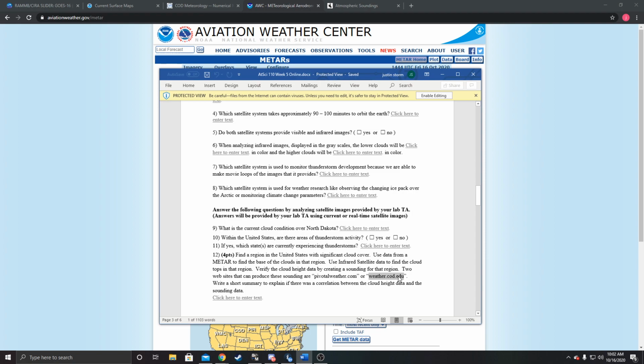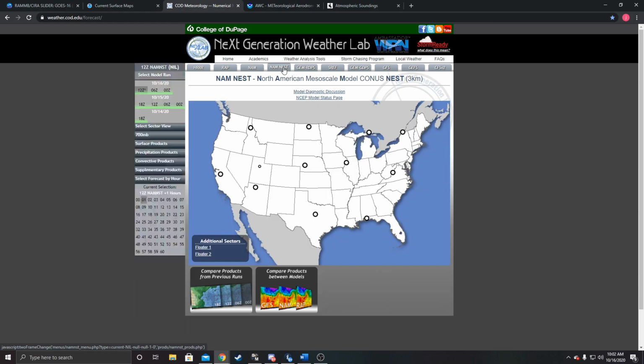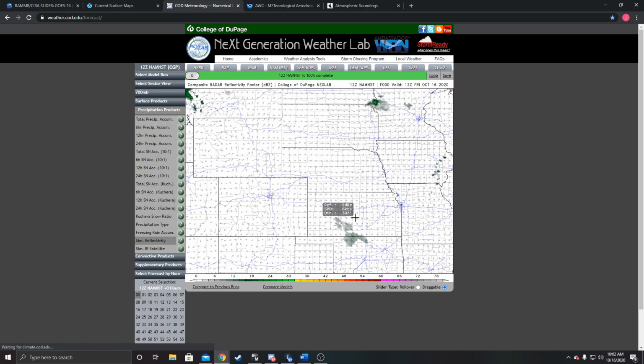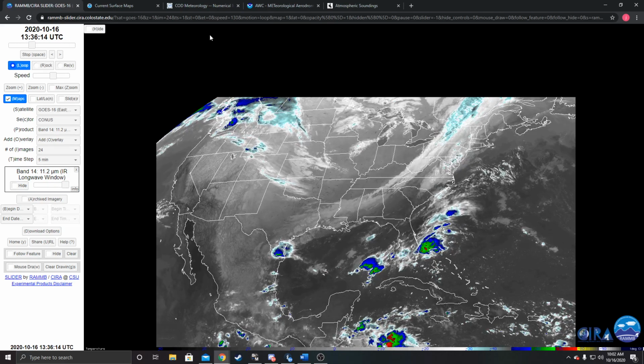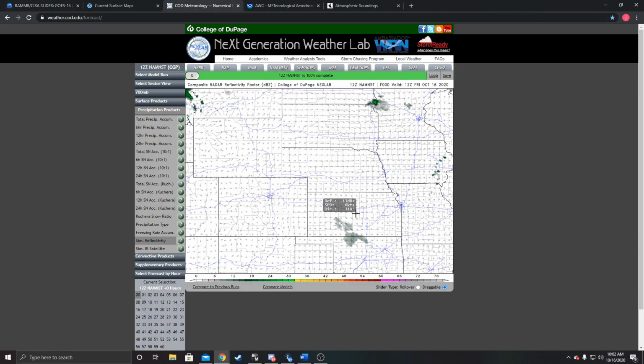We'll take a look at the weather.cod page, which is right here, and I'm going to use the North American NAM Nest model. And again, we're going to use Kansas, so I'm just going to zoom in on here. And we were looking right around in this area based on where these clouds were located over the central part of the state. So you can just go ahead and click on here, and it's going to generate a sounding for you. Now remember that those cloud tops were around -10 degrees Celsius or somewhere around that ballpark, and